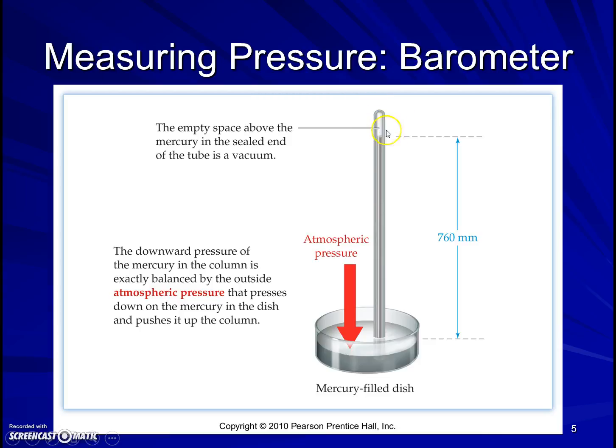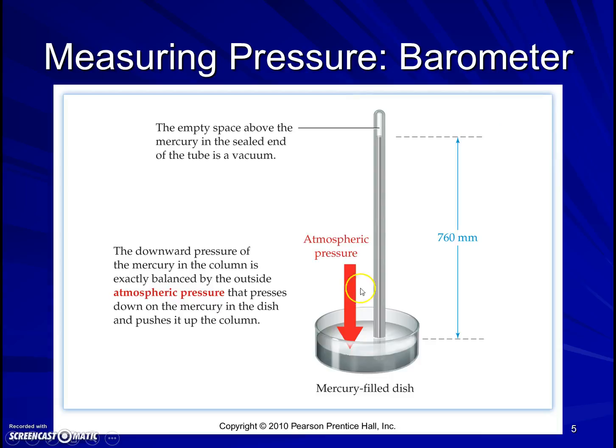But notice we have a space here, because if we get greater than 29.9 inches of height, or 760 millimeters, that works out to, then the atmospheric pressure pressing against the mercury is not enough to overcome the weight of the mercury in the column, and the column of mercury starts to drop out, and we don't get air here. This is empty space, vacuum. The only thing that might be in here is a little bit of evaporated mercury, but mercury has a very, very low vapor pressure, very low evaporation rate, so there won't be much of that in there. That's going to be mostly open space right here.